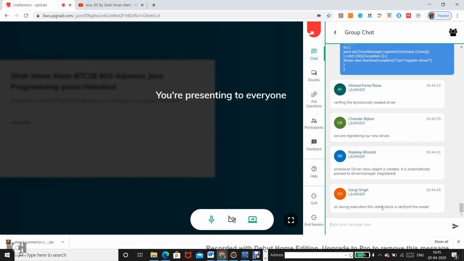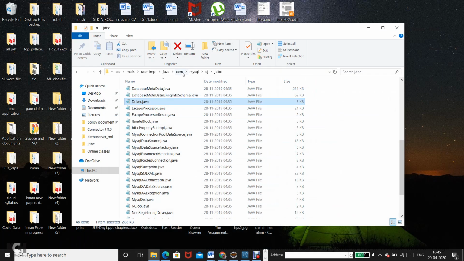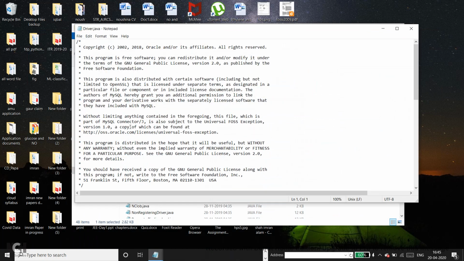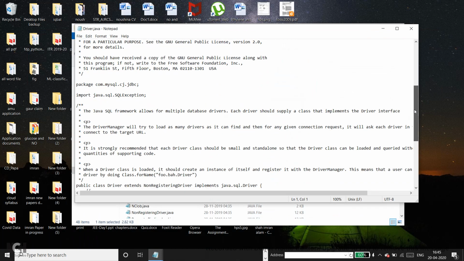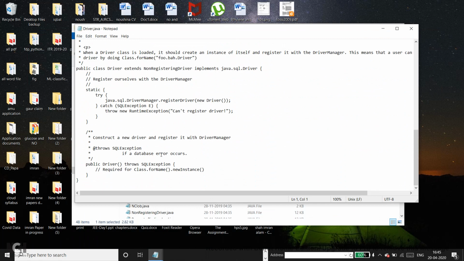Verifying, see, the class is loaded, that means everything is okay with the class, and it's already there. What is being done over here is basically creating a new instance of itself, new driver.